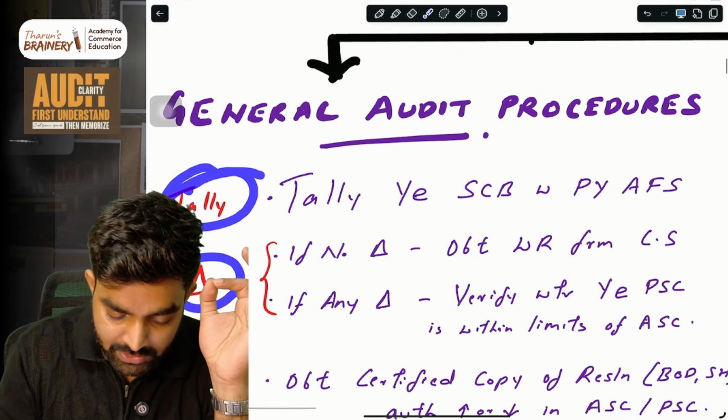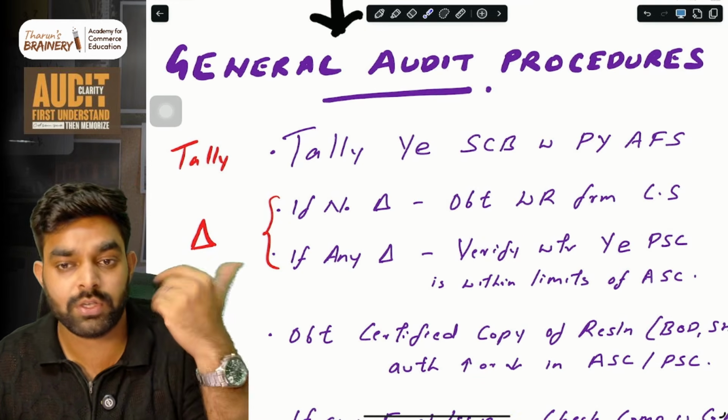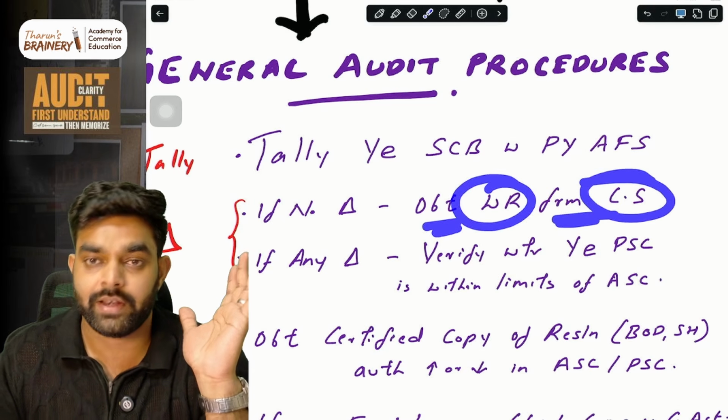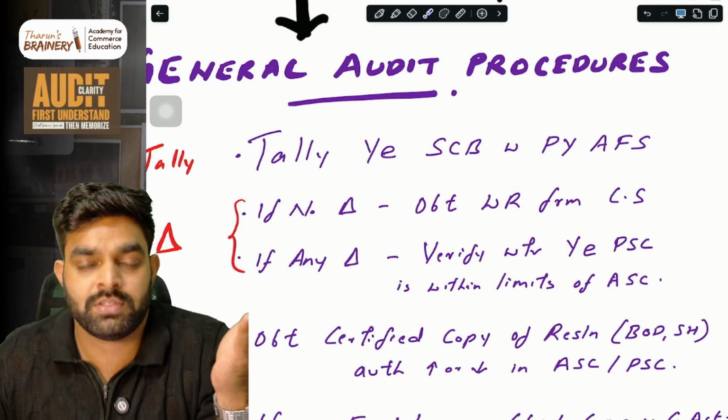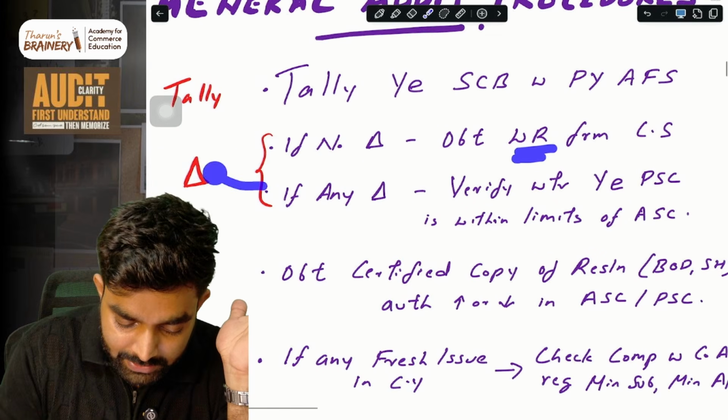If there is no change, like last year's closing and current year's closing, no problem, share capital no change, then obtain a written representation from the company secretary that no share issue, share buyback or anything has happened in the current year. Just obtain a written representation. Then next, if there is any change,